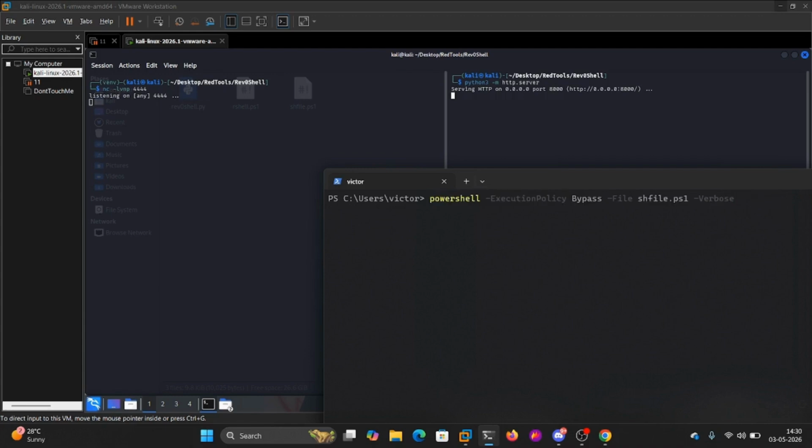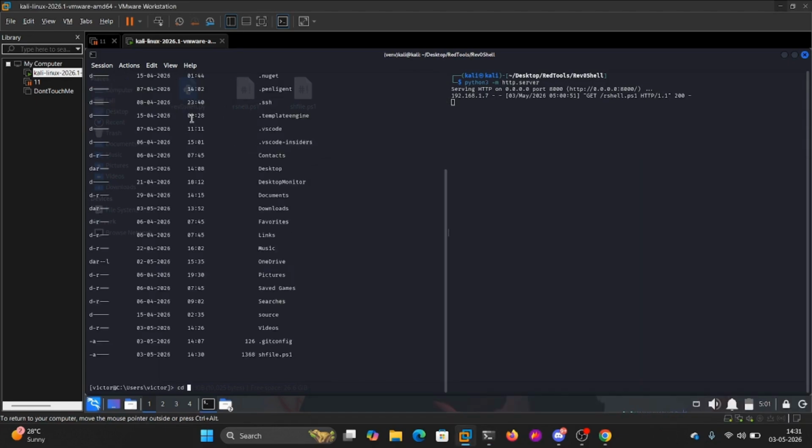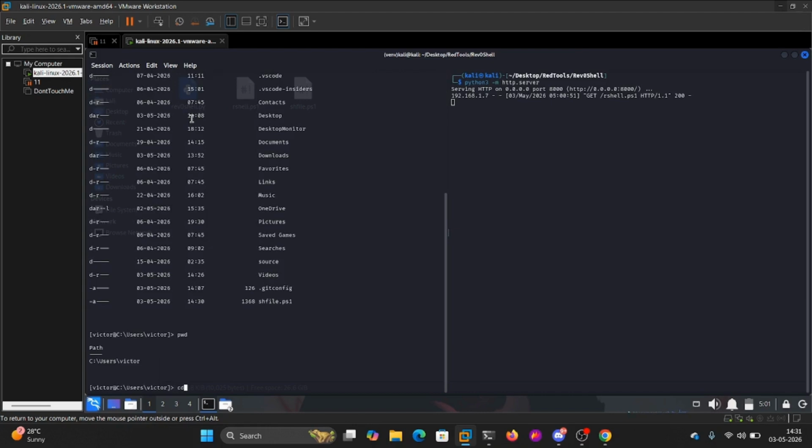Now I'll simply run this command: PowerShell -ExecutionPolicy Bypass, and this is the file name which we downloaded. Now if I just click enter, here we go, and you can see the rshell.ps1 downloaded successfully on the Windows machine, and here we have the reverse shell. Now if I go to the directory, I can see where we are. I can just go to the desktop,